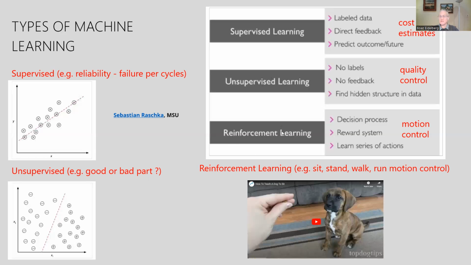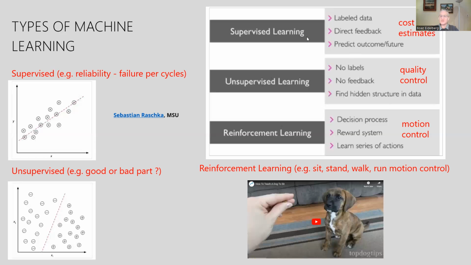And then reinforcement learning is a little different. What it does, it actually provides the system a way to make decisions. It is using a reward function which describes the intended output of the system. Like, for example, a reward could be a bone or some food to a dog when we teach him how to sit. And then the machine learns from a series of actions where it fails and succeeds how to do